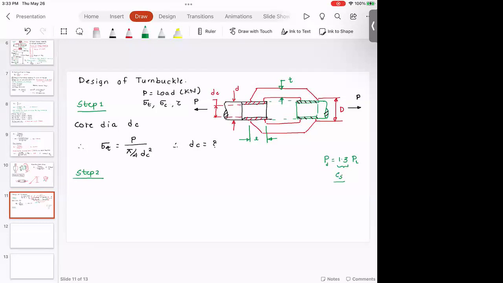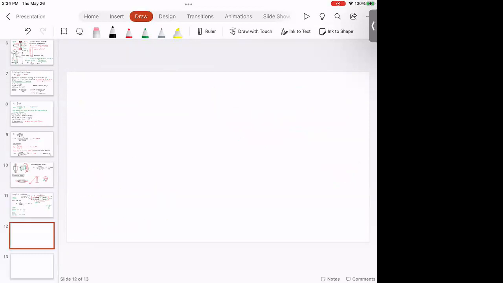Step 2. Next thing is shaft dia, which is D, DC divided by 0.8. Step 3. Nut dia, which is capital D, which is 1.25 times D. Step 4. Is nut length, which is L,